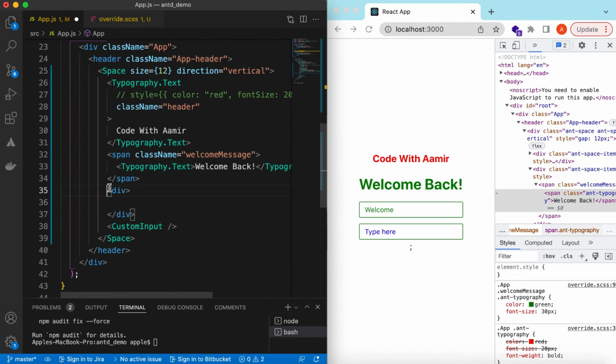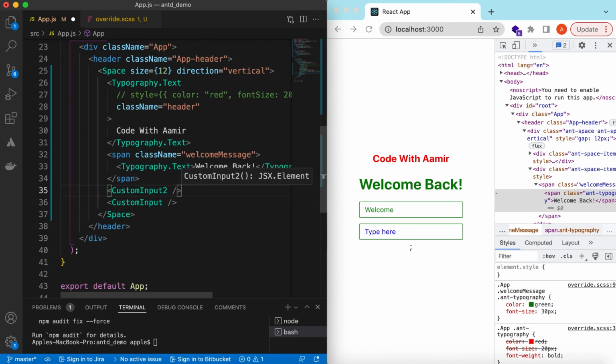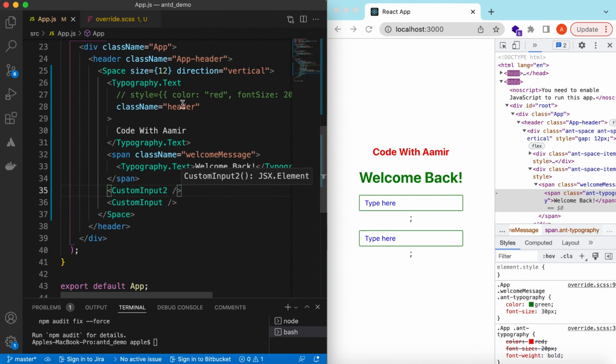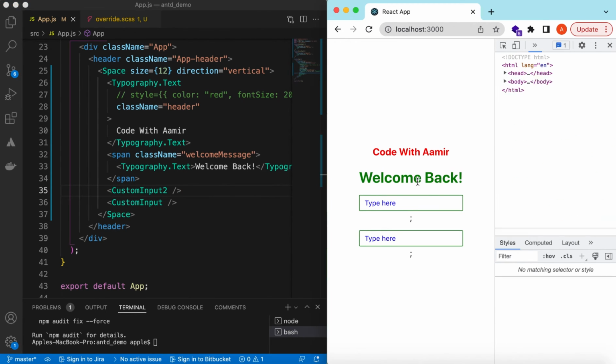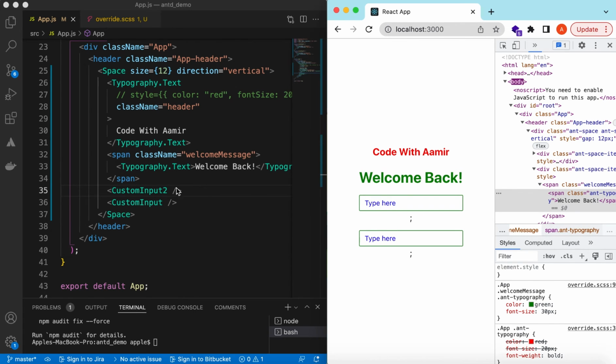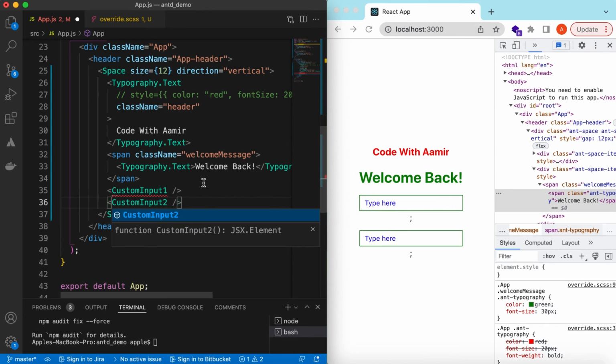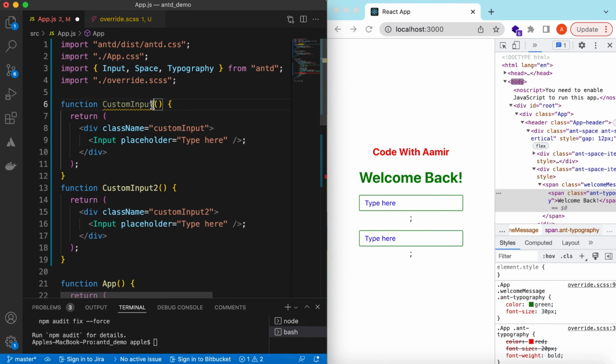Copy it, and here custom input 2. Okay, so right now we can see custom input 1 and 2, let's rename them to 1 and 2. Okay, this is 1 and this is 2, this is 1 and this is 2. Okay,